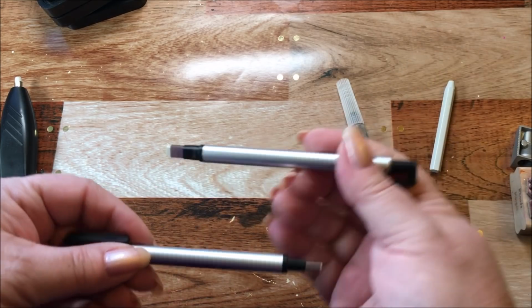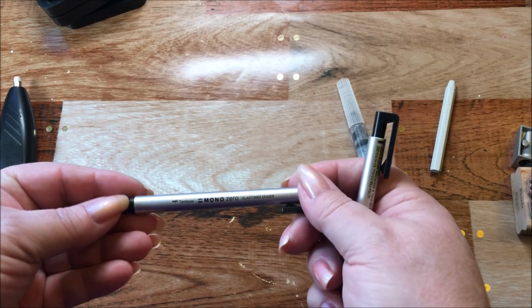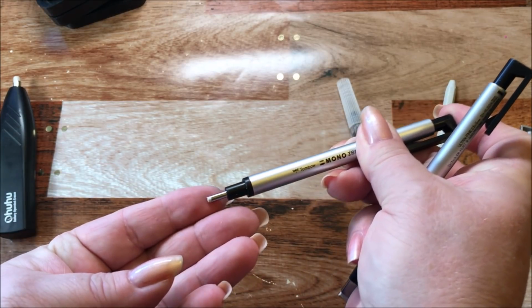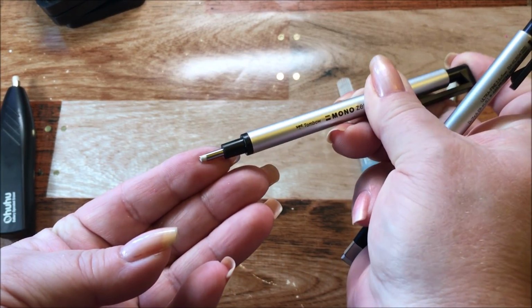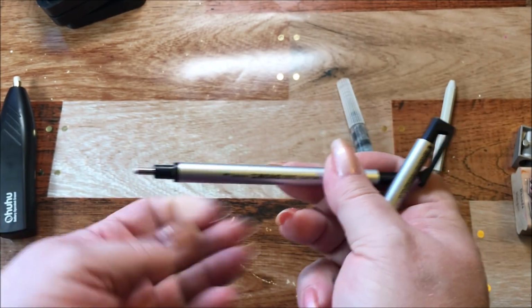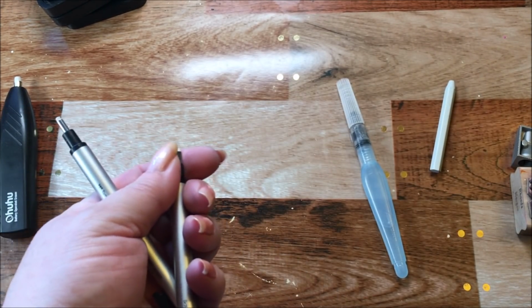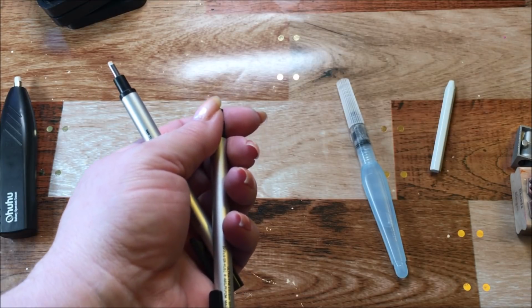In the erasers, there are also these. Should have put them a little closer. They're the Mono Zero erasers, and look how tiny that one is. Getting into tiny, tiny, tiny spots. And this one is flat. And there's also